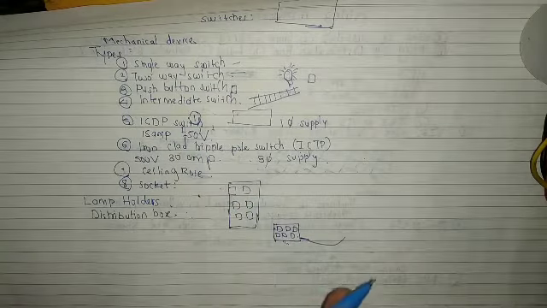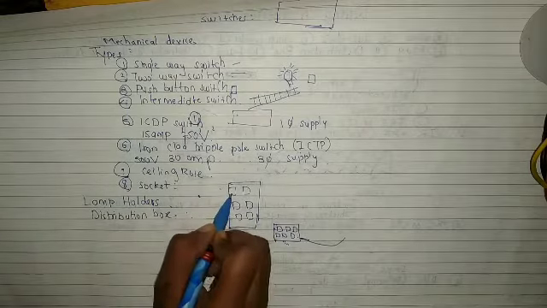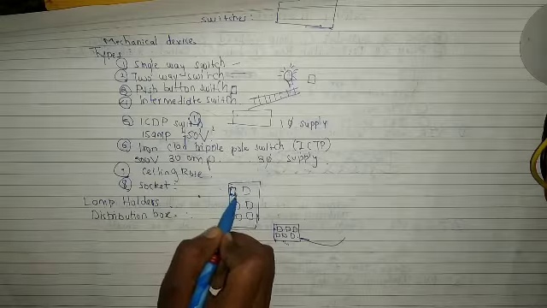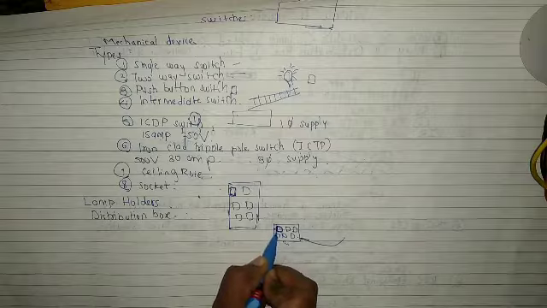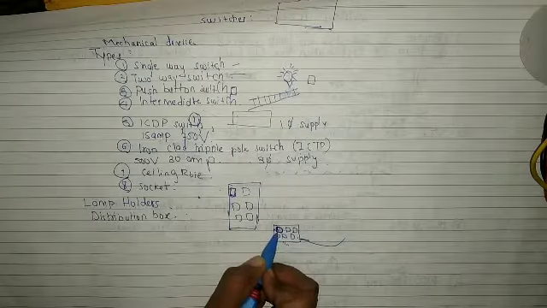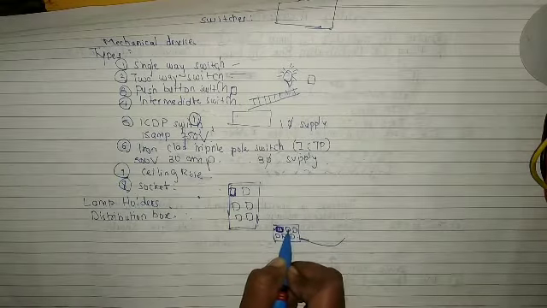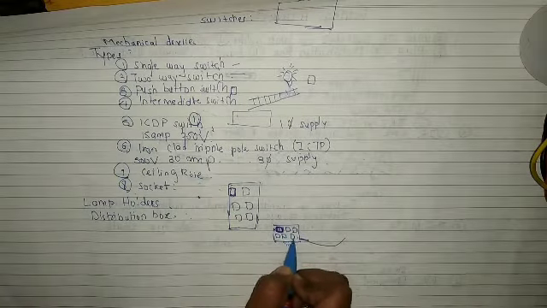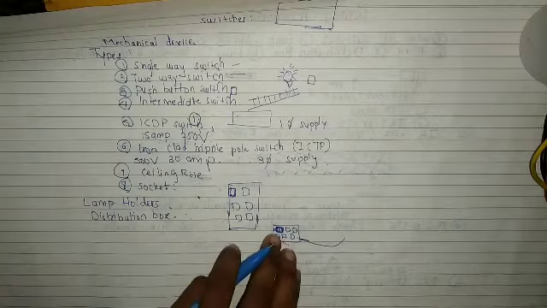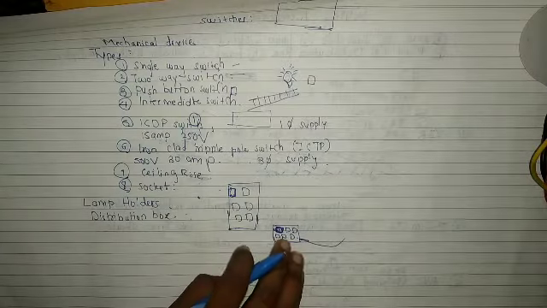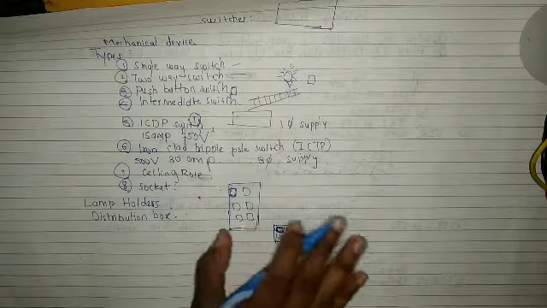So whenever there is a fault, or consider there is a problem with this circuit or this house wiring, then what we have to do is just deal with this first one, or whatever number they may have given. So we have to just deal with this circuit. Then there is no role of these other circuits. Why? Because they are provided separately. So it has one advantage, that if there is a fault in one circuit, then other circuits will not get affected,